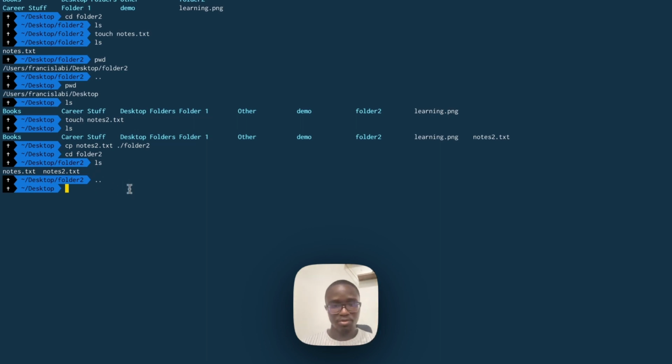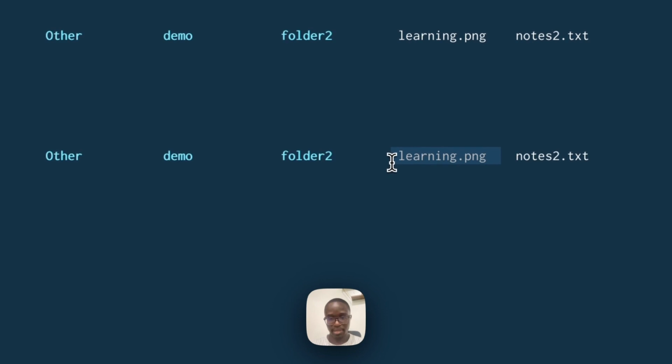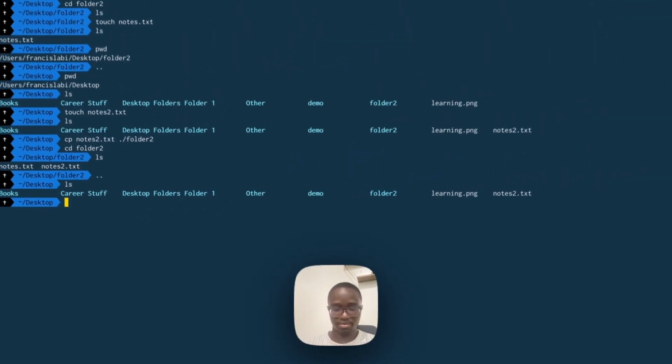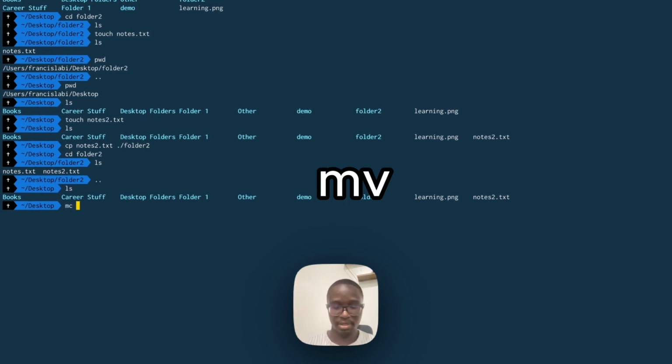Now let's say we want to move a file. If you observe on my desktop, if I do ls, we have this file called learning.png. Now let's say I want to move it to folder 2. There's a command called mv, then we use learning.png, and then we define the folder we want it to go to. So if we do dot folder 2,